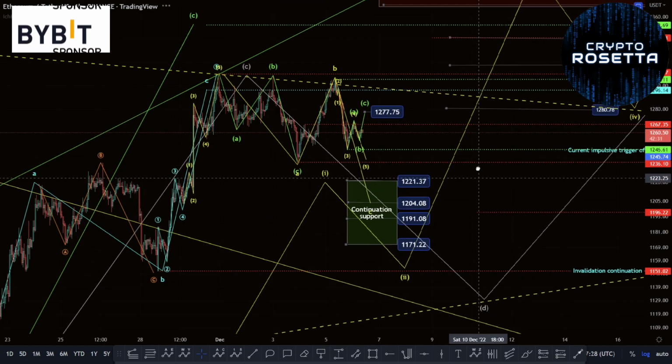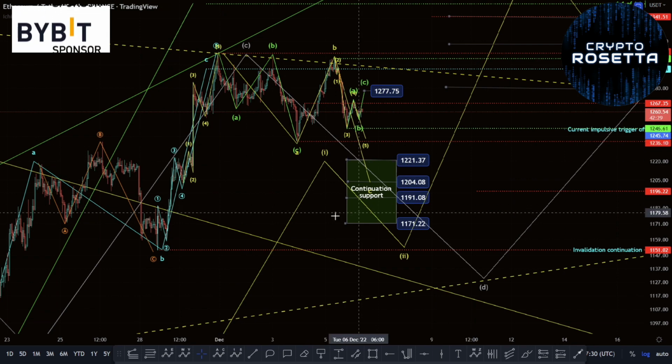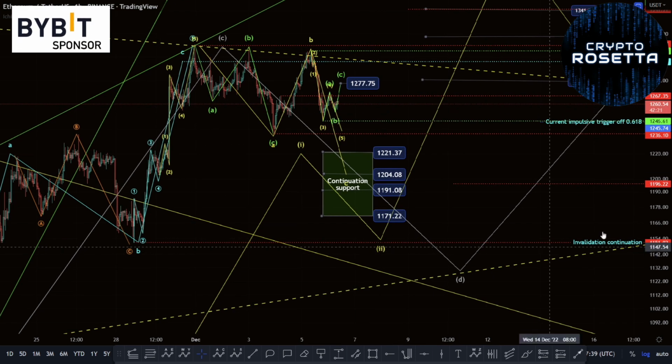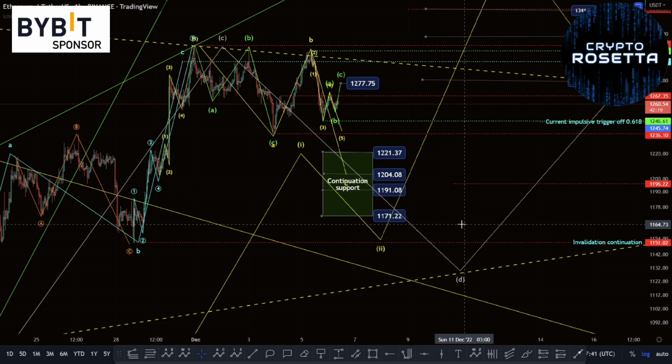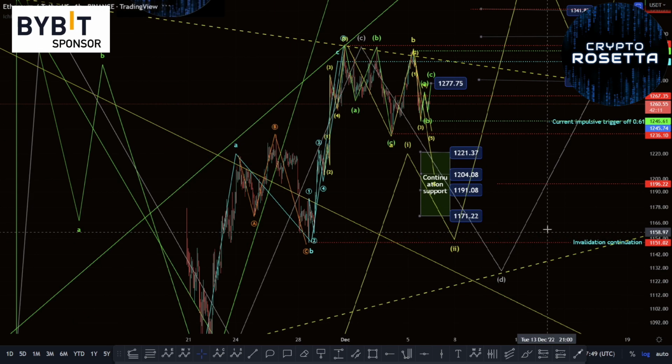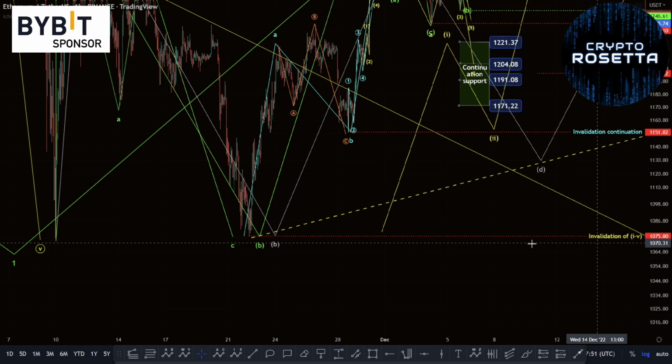Bearing all that in mind, that would be a good setup for potentially having an additional one and a 2 into this zone. But we would need to stay above this for any kind of an impulsive structure, which I'll go over in a second. We'd need to stay above this 1151, and we'd need to stay above this